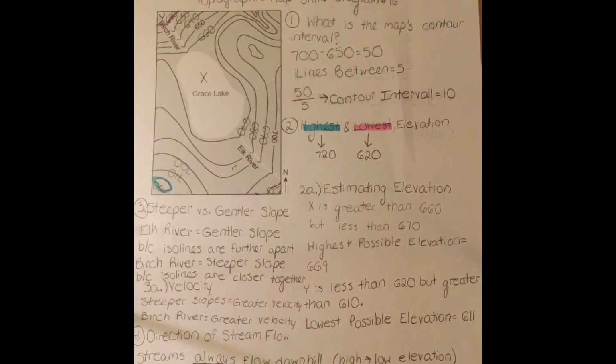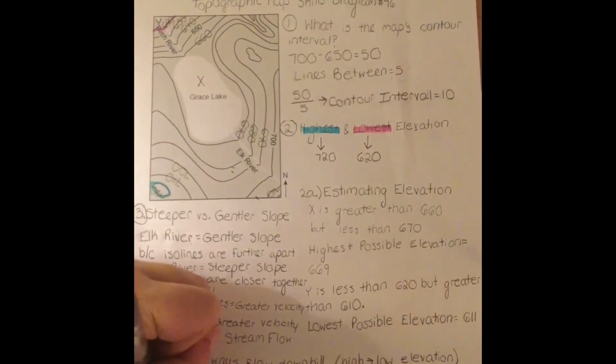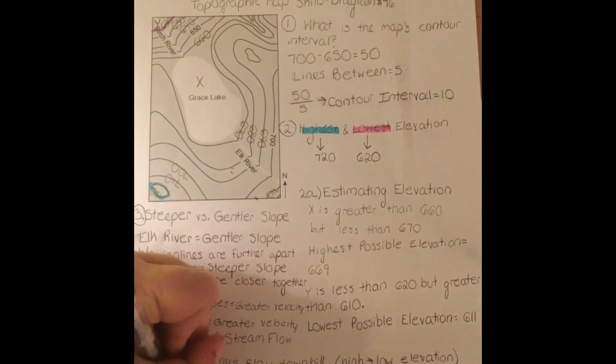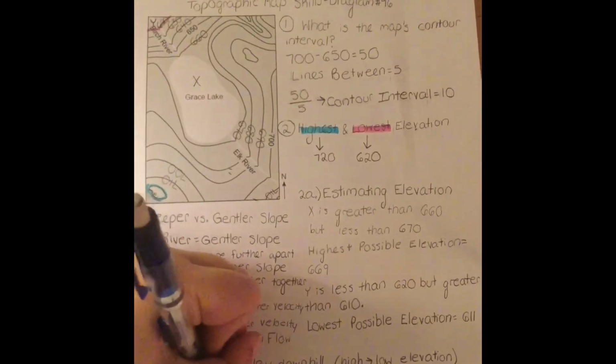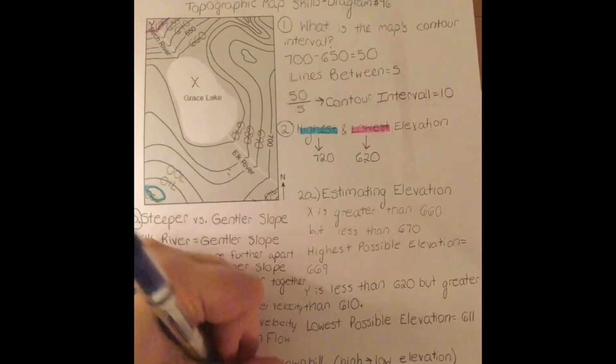And another thing that we know from topographic maps is that streams always flow opposite the bends in contour lines. What does that mean? Well, streams always flow